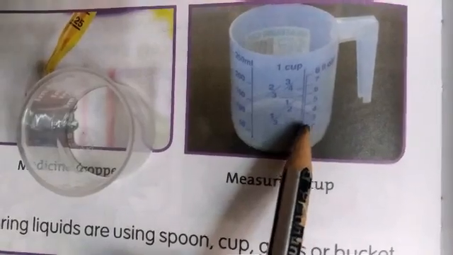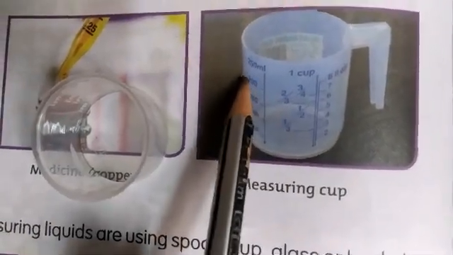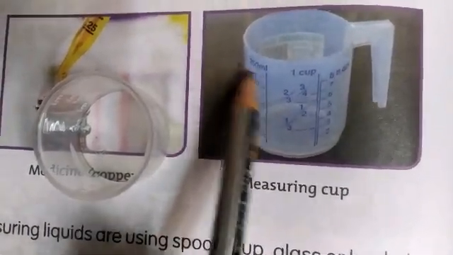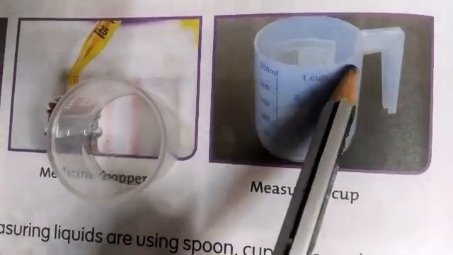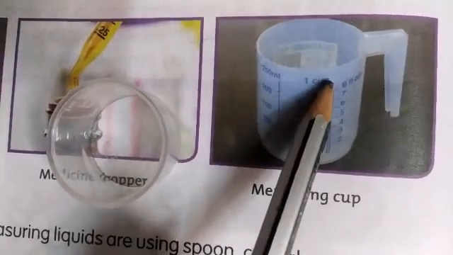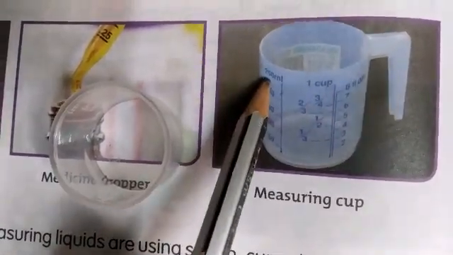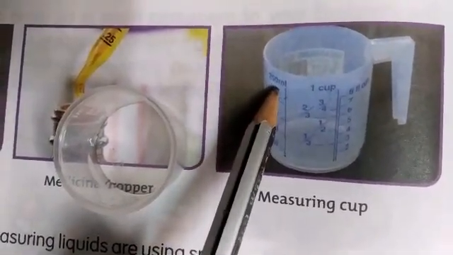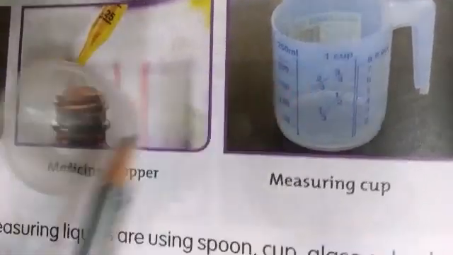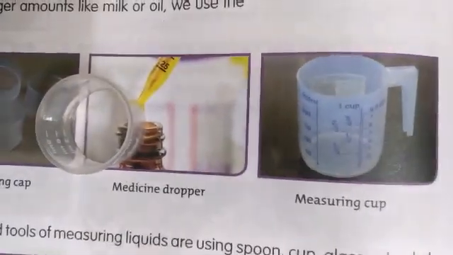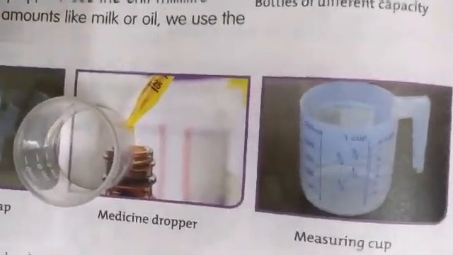So here you can see for the measuring cup, it can hold the capacity of liquid 250 ml. So the cup shows the amount of volume which can hold any liquid up to 250 ml. So these are the standard tools. Now non-standard one, which doesn't show any numbers.